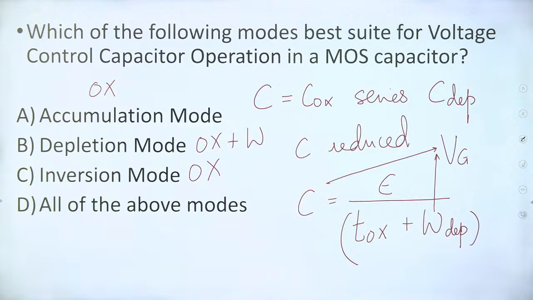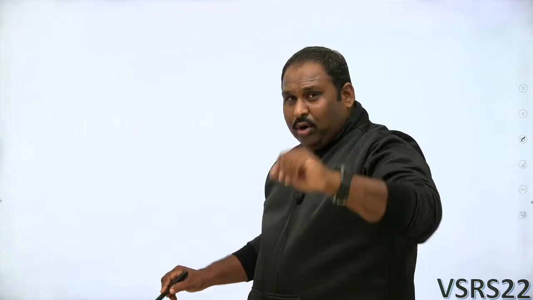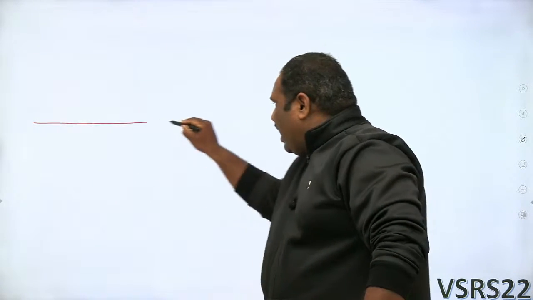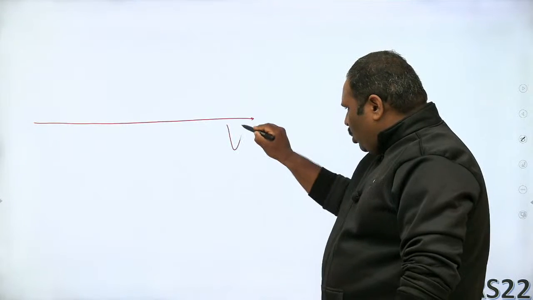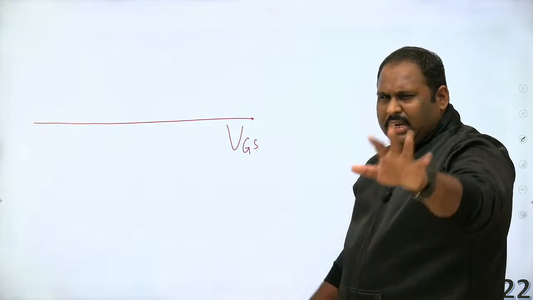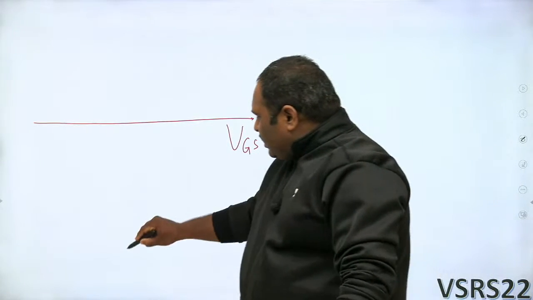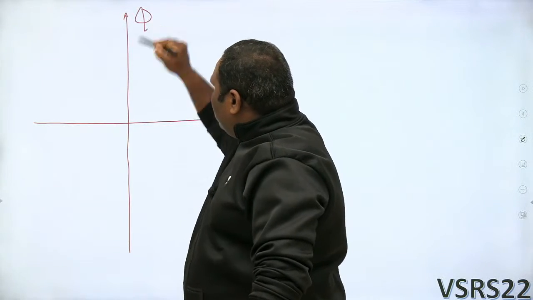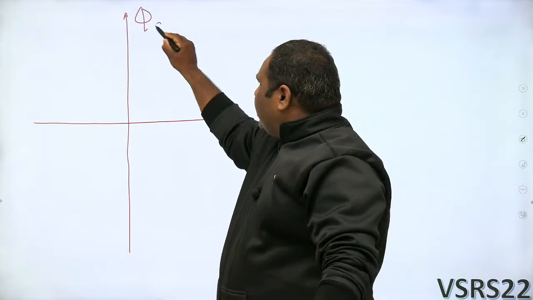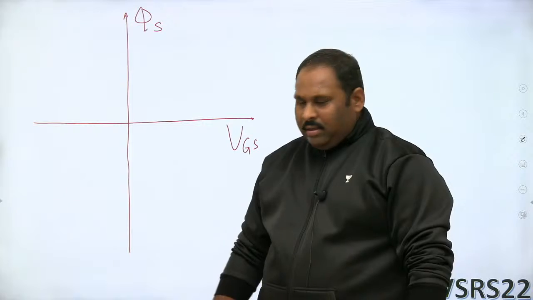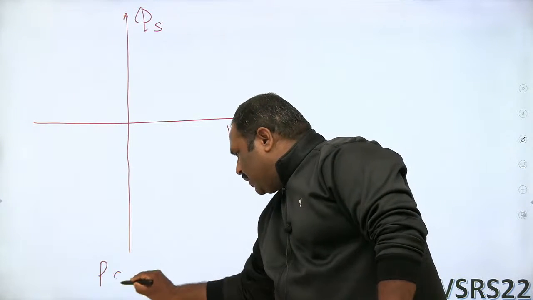So the summary of the discussion is this, students. Look at a nice summary. Just before I go to the next question, before 2 questions more, there are 2 more questions. अगले question से पहले, just look at the summary. There are 2 graphs I'll draw now. One graph is for the voltage VG, gate versus the Q that you find in the substrate. ठीक है, considering a P substrate.